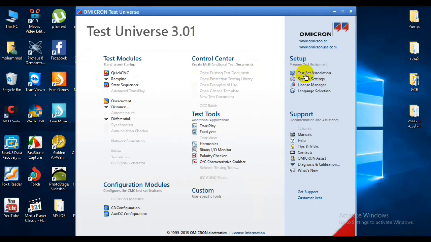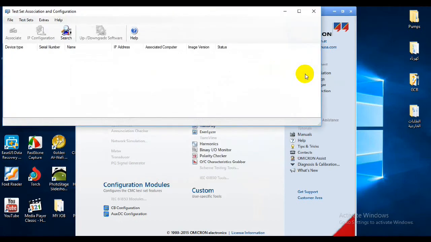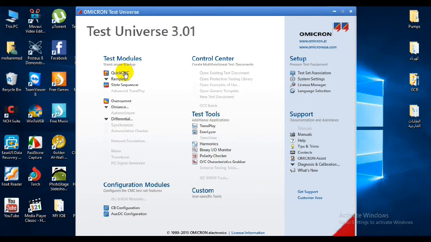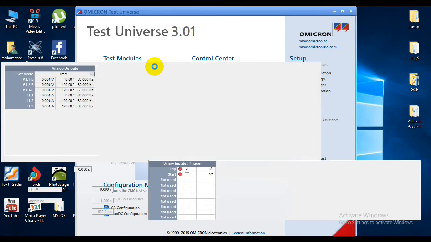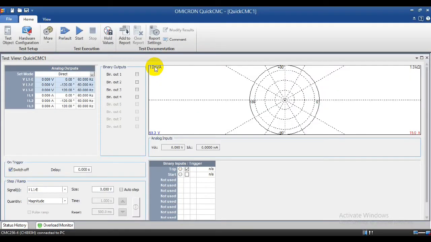Then you can go to the test set association. Basically for LAN port, you have this association button in some of the kits, more than 256 plus and 356.